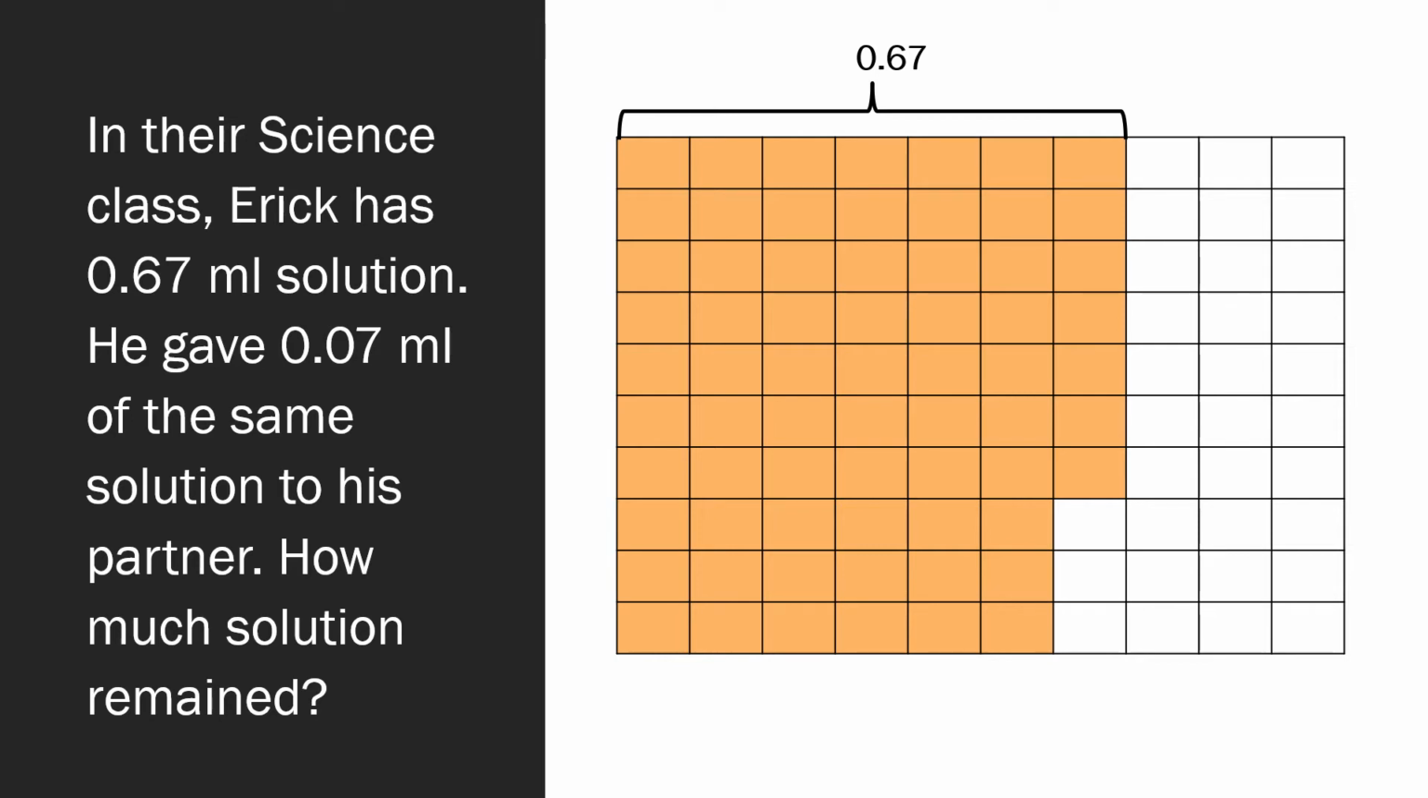Okay? So, we have here our table. Since our given numbers are in the hundredths place, again, we use the 100 grid card or our 10 by 10 square. So, the squares there are 100. We have 67 hundredths. Now, if we're going to give the 700 ml to his partner,